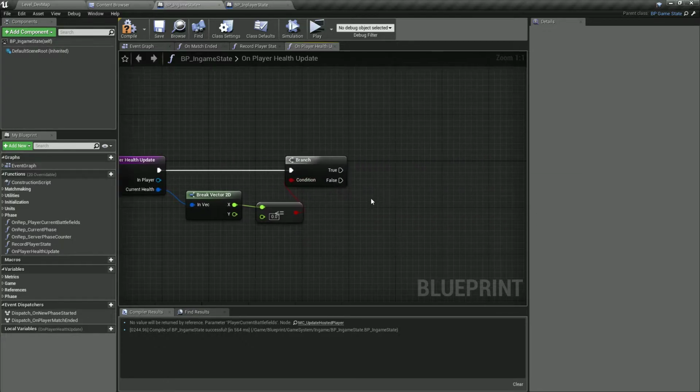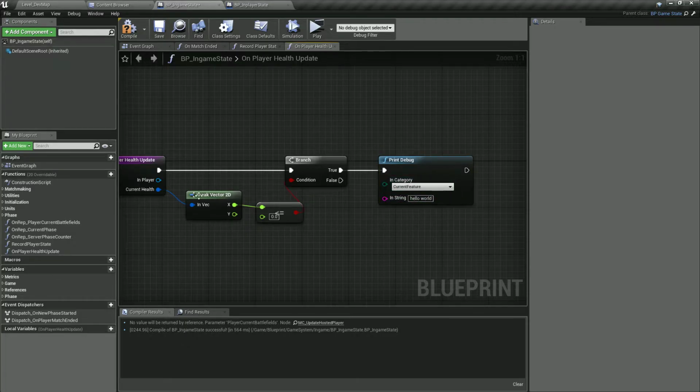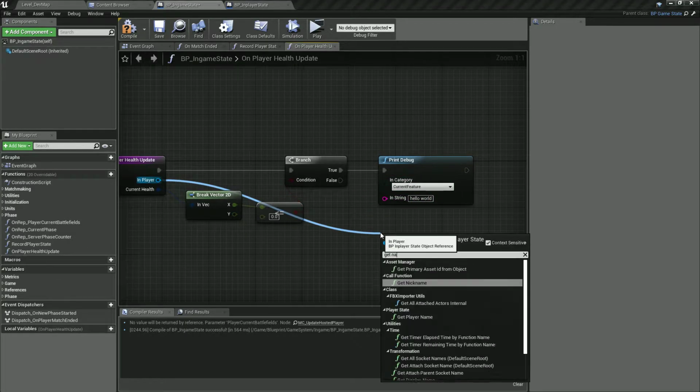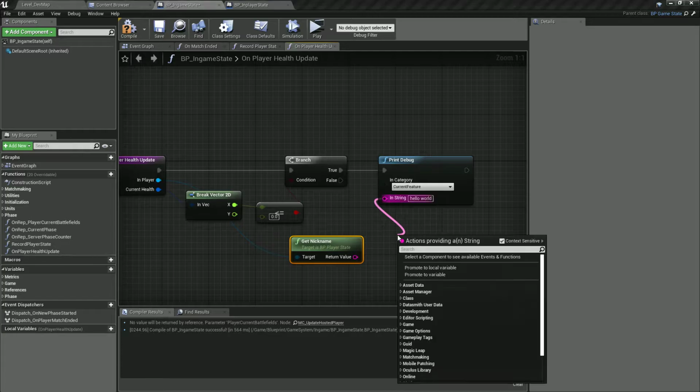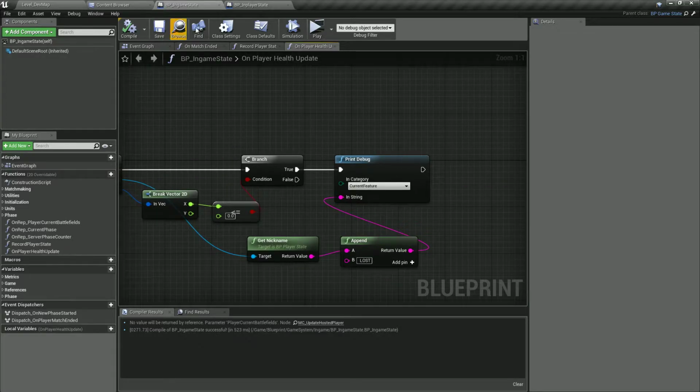And if it is, we're going to say that this player has lost. Get name, get nickname. We're going to append,